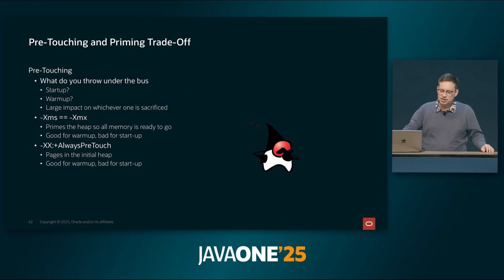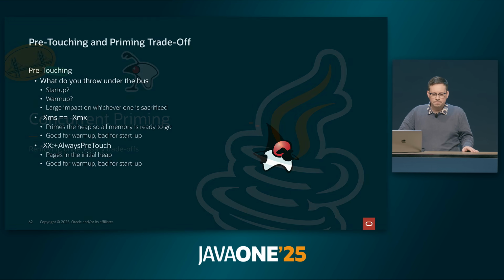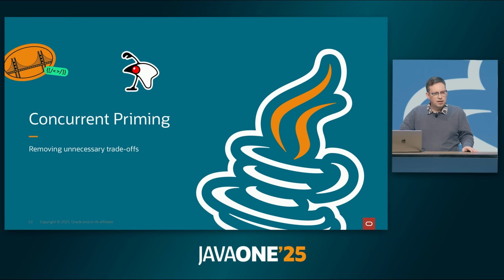So you get into a situation where you have to choose whether you want good startup numbers or good warm-up numbers, and you have to select one of those. And that's why there are JVM options, because it's not obvious to the JVM which one the user wants. But I'm all about having the cake and eating it too. So to deal with this,